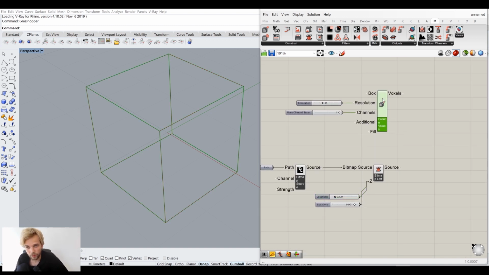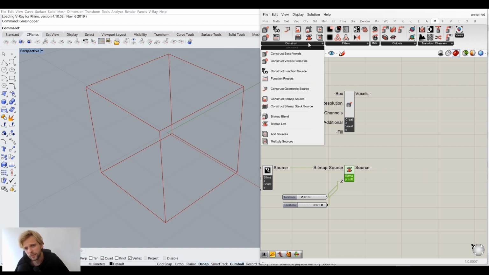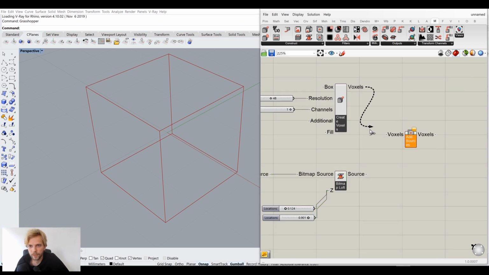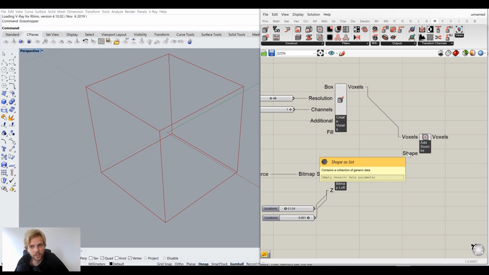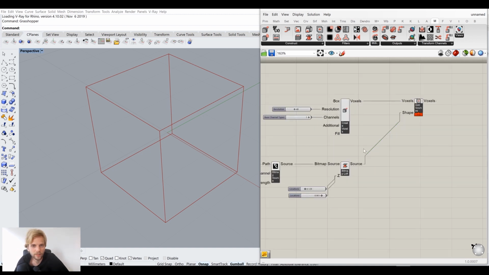All right, so now we have voxels, we have our source, and that source is basically just a bunch of values for each. No, it's still not values, it's just images, right? We need to extract values from those images. So to extract values and add them to the voxels, we will use the add sources tool here. Add sources. I plug in voxels, and source, I will plug it into the shape input here, like so. It will take a little bit of time to populate all of the voxels with values, but